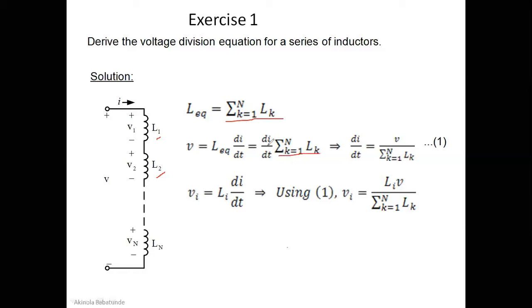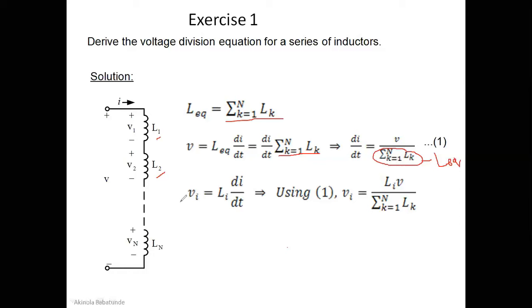This would mean that if you're looking for your di/dt, you just rearrange the equation. If you rearrange, your di/dt will be equal to V divided by L equivalent. The di/dt means V over L equivalent. This entire stuff here means L equivalent. So pay attention to that. So if you have your L equivalent like this,